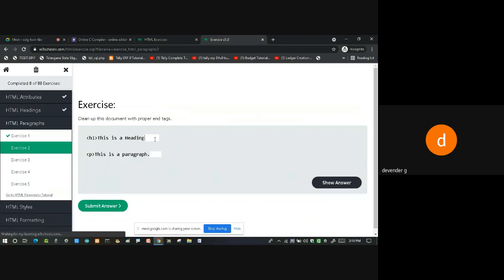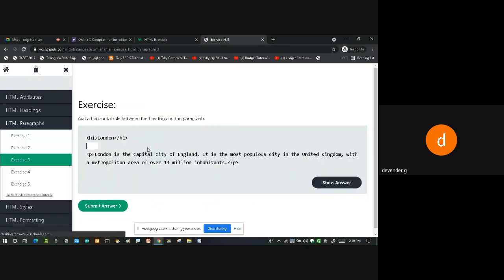Now you tell me what is missing here. Closing of the H1 tag, closing of the paragraph tag. Very good.